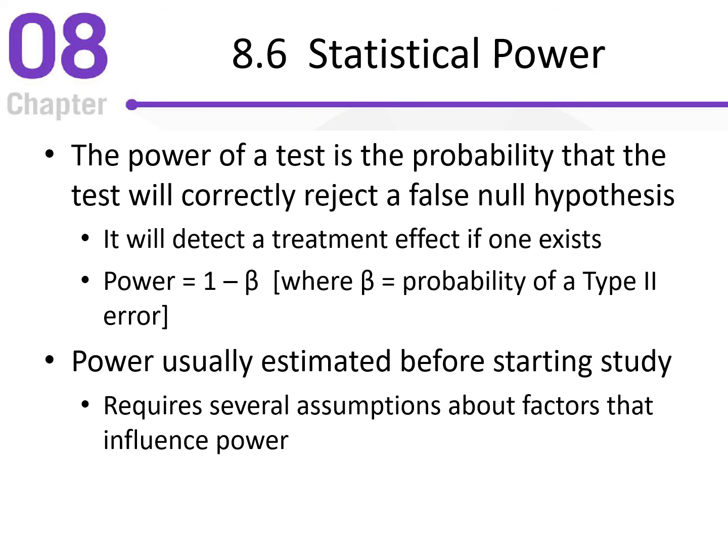This is very important, because why do research if you cannot find the effects in your sample that are in the population? Then why do research at all? There's no point, right? There should be a very high probability that if your ideas work out, if your hypothesis is supported in the population, which you don't know, but if it works, you should be able to find that in your sample. There should be a very high probability of doing that. Otherwise, there's no point in doing research,